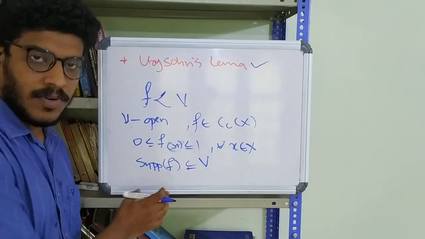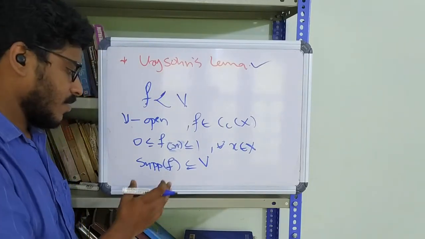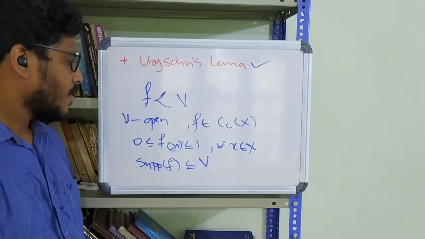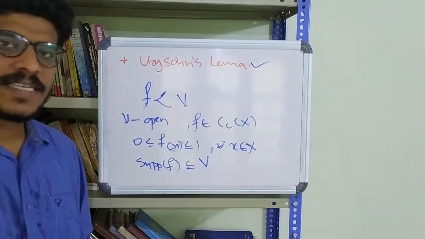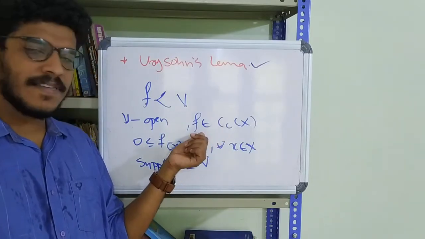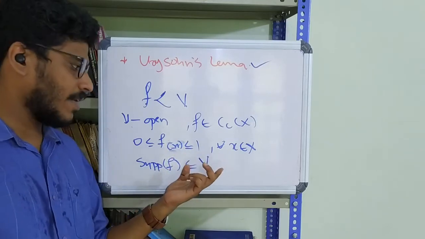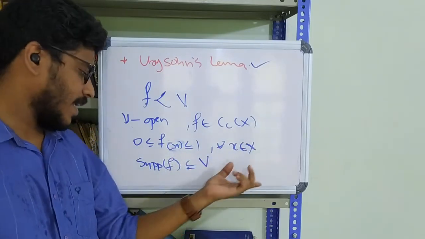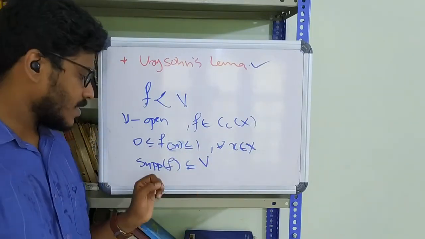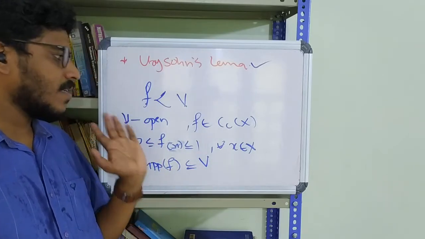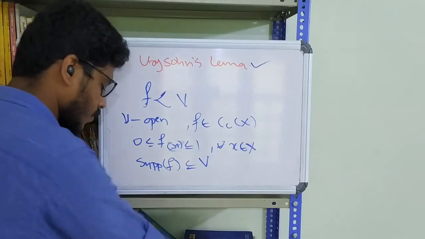So you know what is the support of a function, and obviously it's a set, and that set lies inside of V. So this notation means V is an open set in X, f is from CcX, and the value of f lies in between 0 and 1 for any x in X. Moreover, the support of f is in V. Right. So I hope you remember these two,